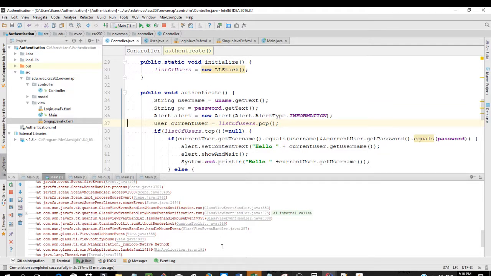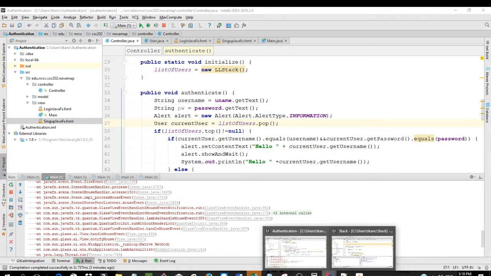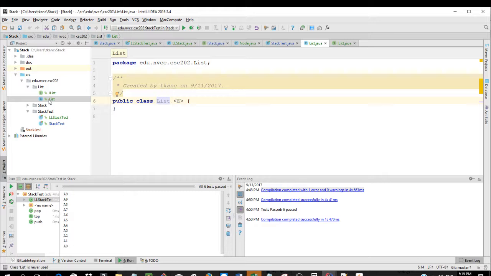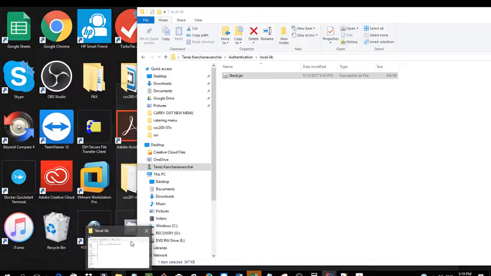So now we're going to switch back to another project where we keep creating our data structures. So we could talk about list now, right? So that's why this relates back to our